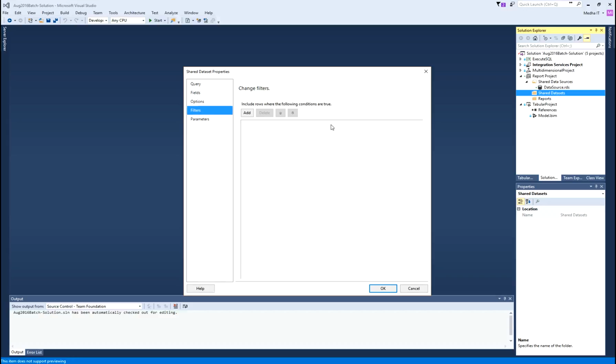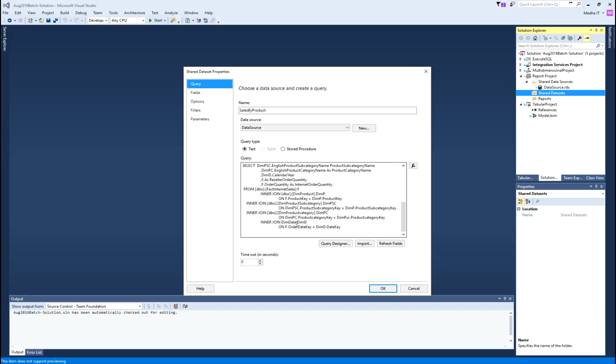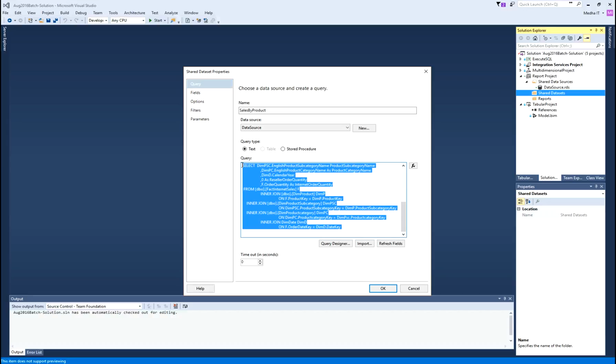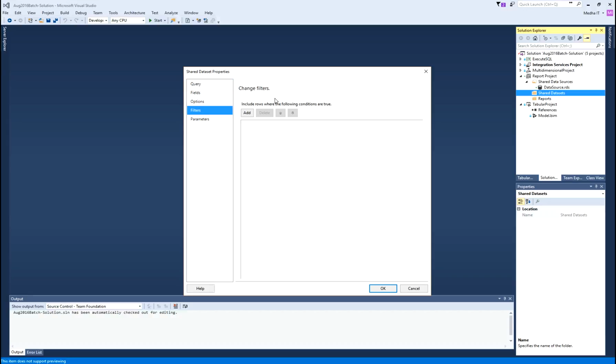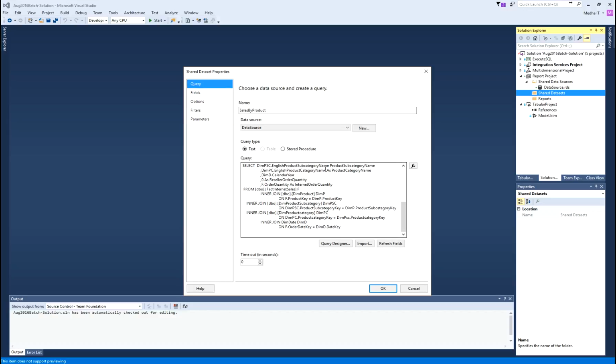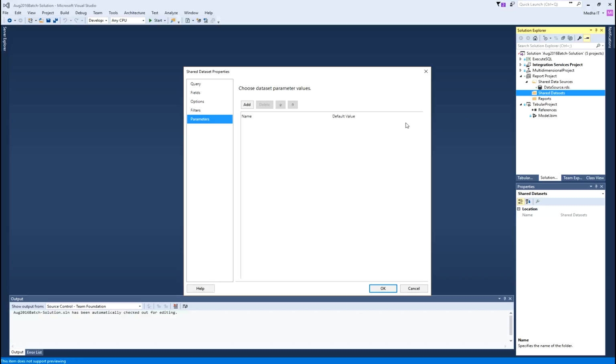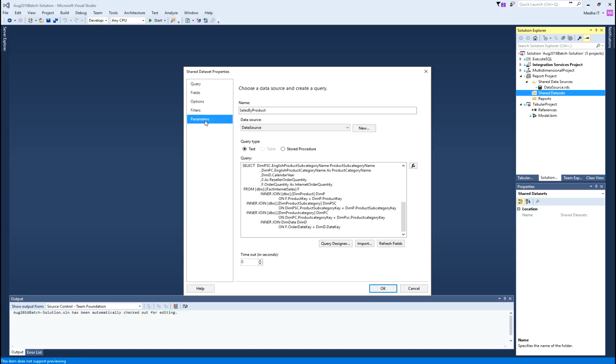And then filters. Filters means if we want to filter the data from this data set, we can add filters here. We will see the filters later. Parameters is another option where we can include parameters into the data set, so that we can pass some values into the data set. We will see the parameters also later.